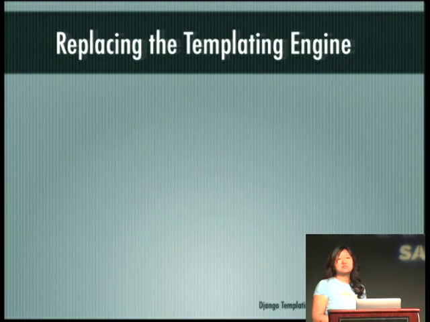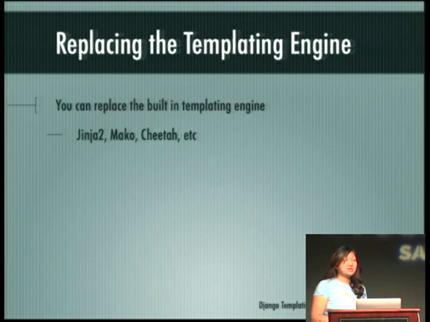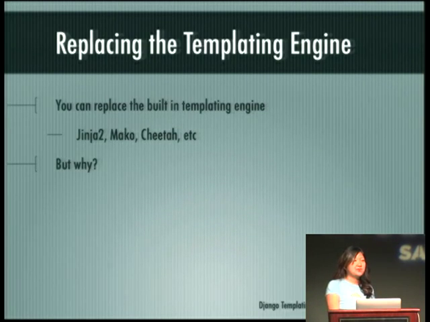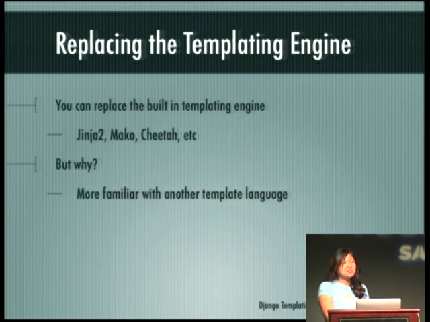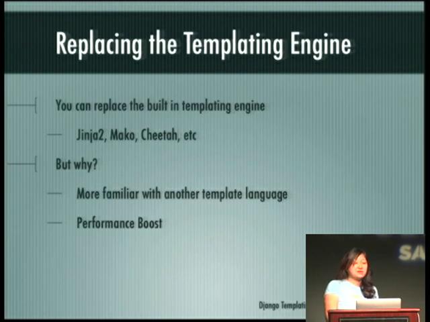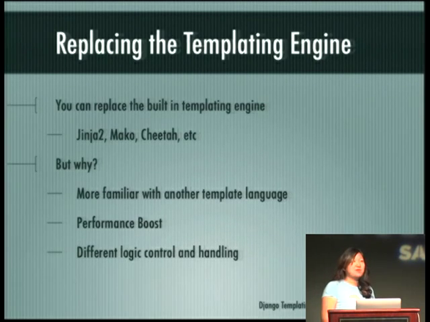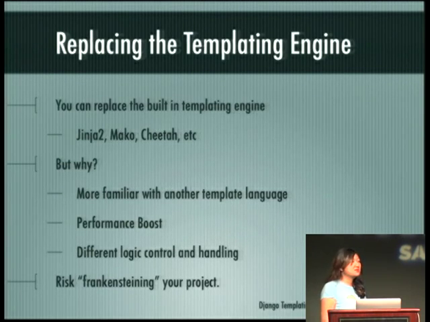The Django templating engine is really awesome, but sometimes there are cases where you might want to rip it out and put another one in. There are other Python templating languages like Jinja, Mako, Cheetah. Jinja is the most popular. But why? The Django templating engine is really awesome. There's a lot of cool built-in stuff. Sometimes people are more familiar with another template language. Maybe there is a reported slight performance boost in taking out the Django templating engine with another one. You have different ways to do logic control handling that people might be more comfortable with. But in doing this, you kind of risk